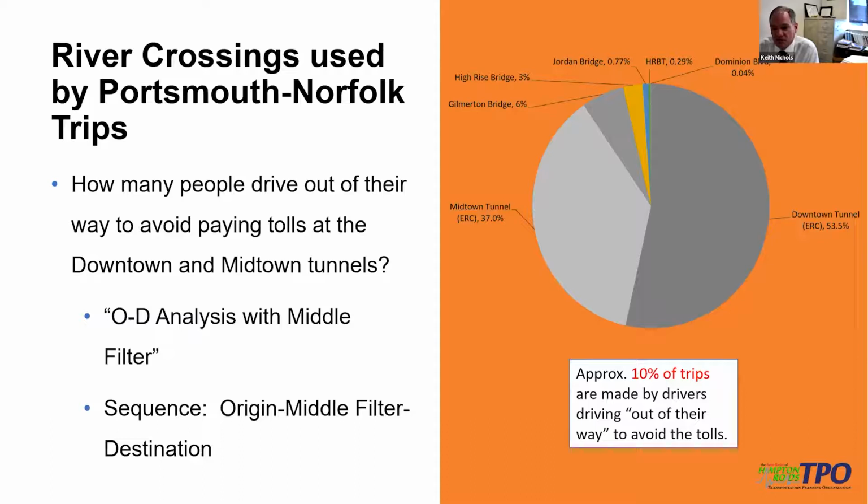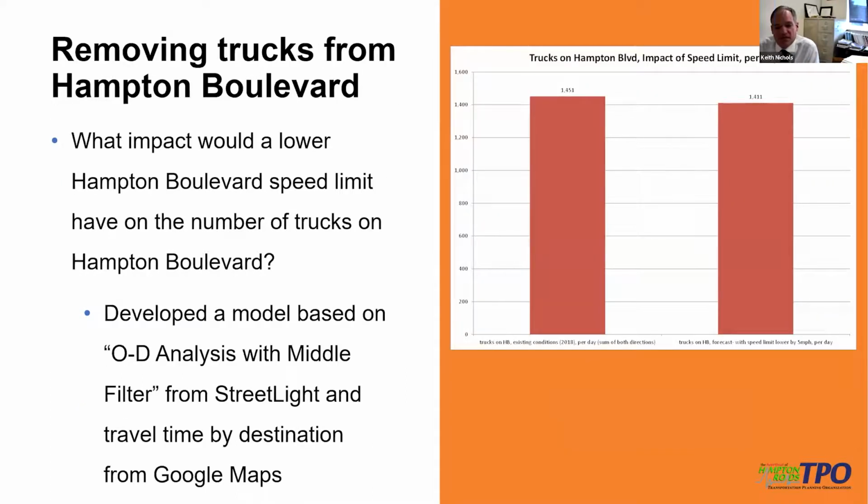And ultimately, based on the analysis of the StreetLight data, it looks like about 10% of the trips made by these drivers from Norfolk and Portsmouth are going out of their way to avoid paying these tolls. So it was interesting to be able to report that data to various committees that we had assigned to this tolling issue. The third analysis I want to mention was a study that we were asked to do by the